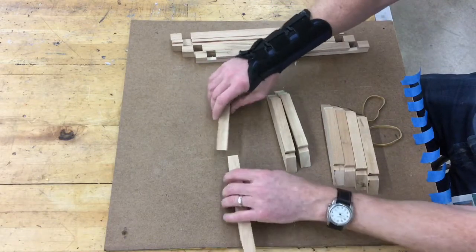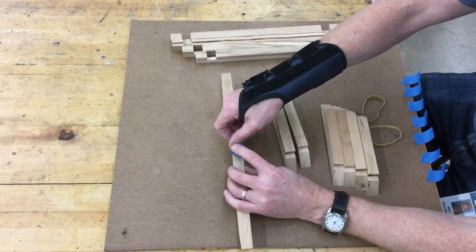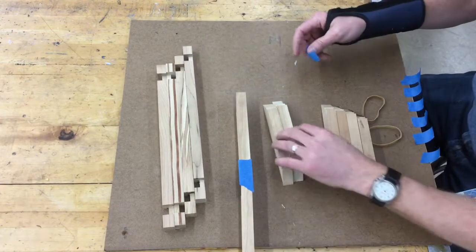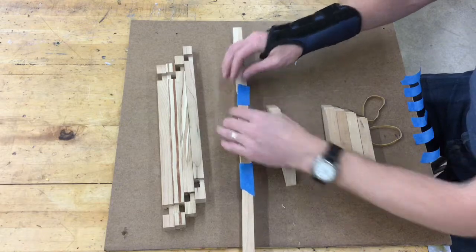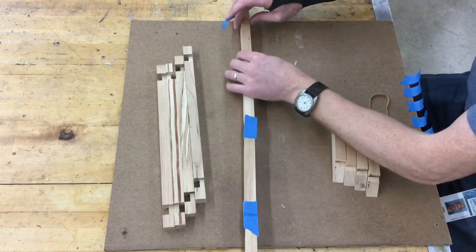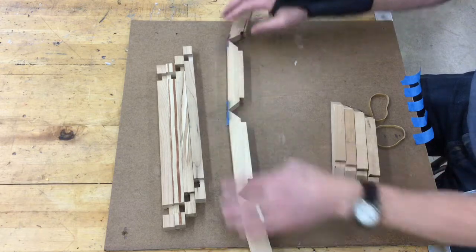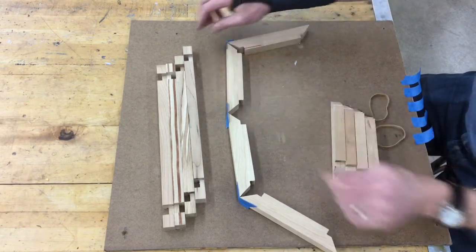I'm going to move my stuff here out of the way. I'm going to put these end to end. I'll put a little bit of tape there to help hold it together. I need a little extra space here. Move that down. I'll put another piece of tape on this one, just to hold those ends together. You'll see in a second how those fit together. And then the last one, so they're all in a line. And then if I flip it down, connect that one back up there, and I fold these into a square,